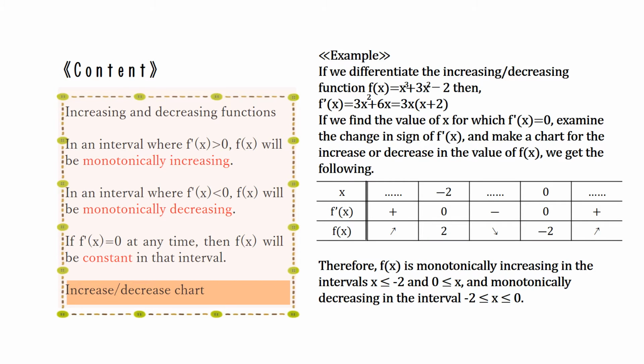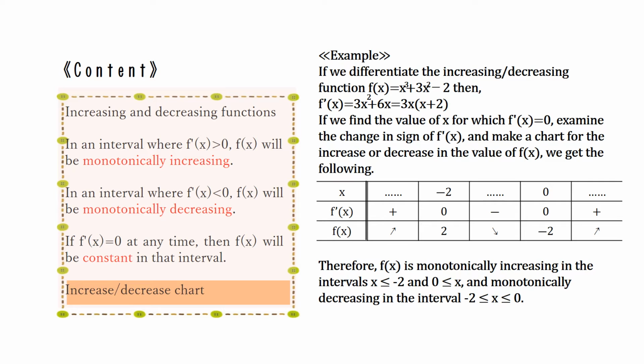Next is the increase and decrease table. Look at the example on the right. Consider the increase or decrease of the function f of x equals x cubed plus 3x squared minus 2. If we differentiate this function, we get f prime of x equals 3x squared plus 6x equals 3x times (x plus